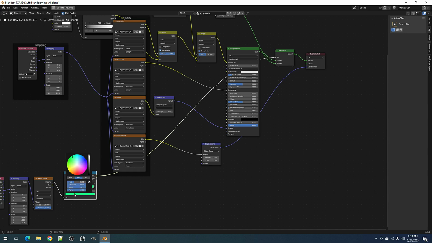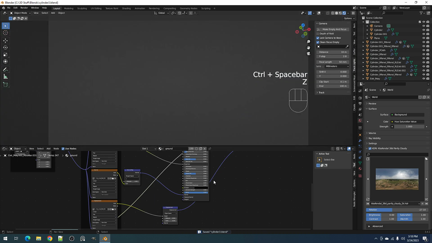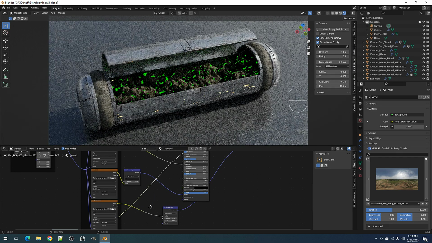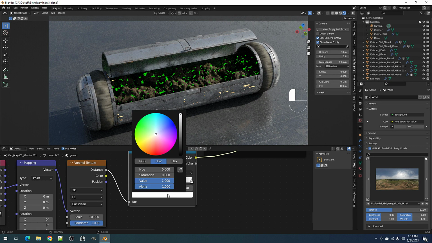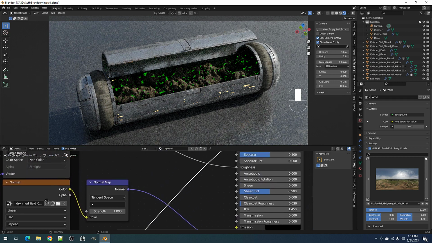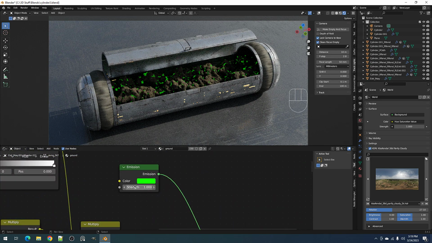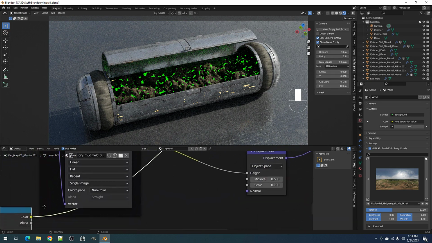And let's replace this with a non-saturated color. So now to mix between rock and lights. Let's increase the